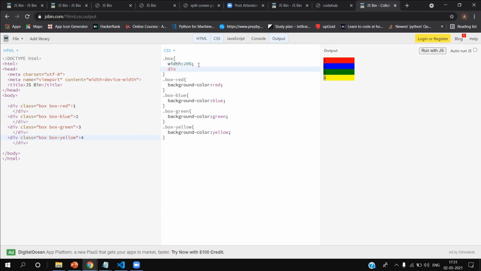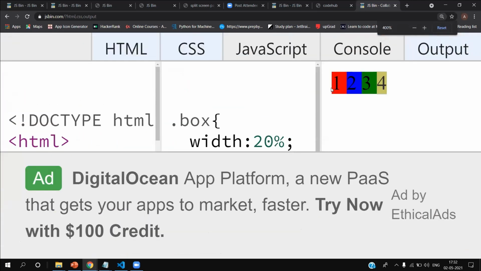First, I'll use display. If I write none, it has got hidden, it has vanished. So anything you have written and you don't want it to be displayed, you can use none. So I want them to be inline. Now look, everything was row wise, right? Now it went to the column, and if you use inline, the width will also be changed. It will not be as normal.